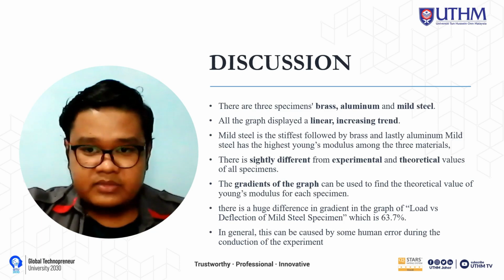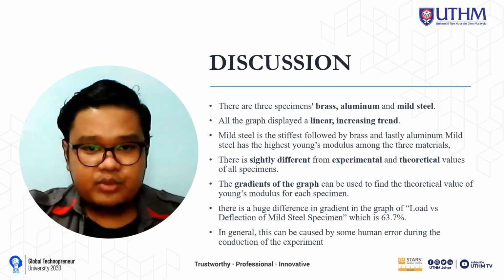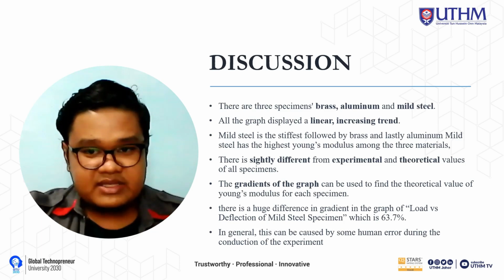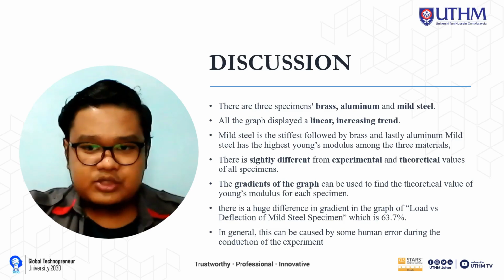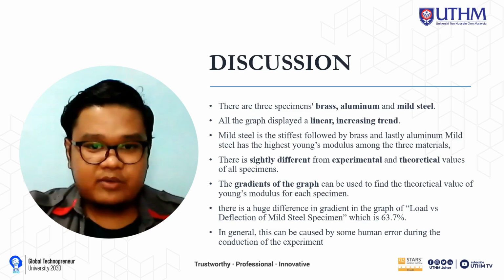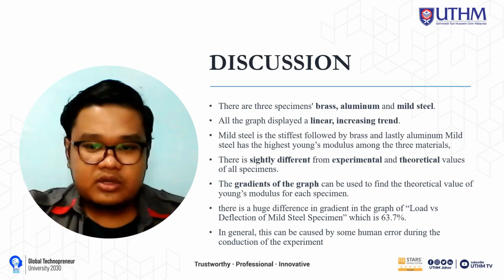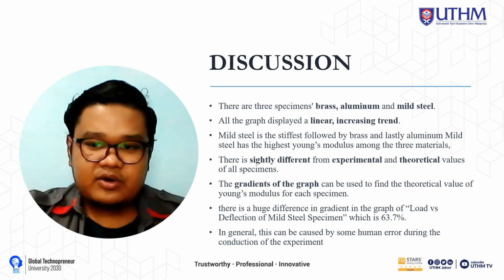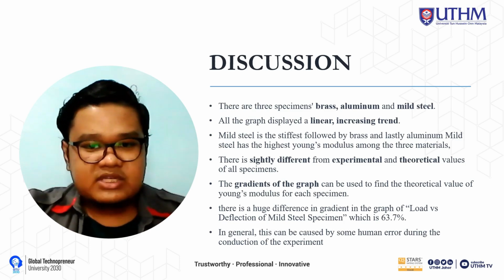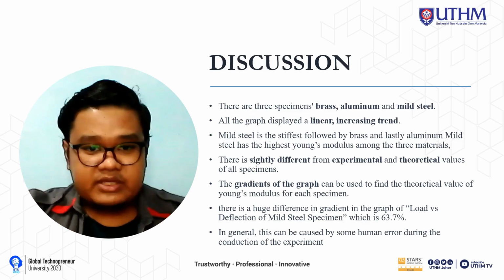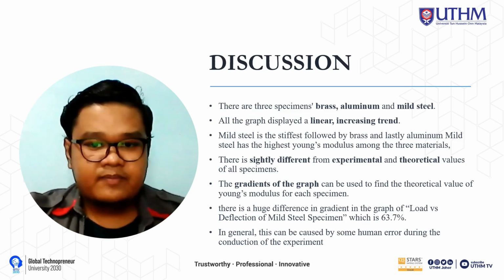In general, this can be caused by some human error during the experiment, such as making sure the beam was parallel by using the water level ruler. It could be possible that the load was not placed tight, or the load was not in the right position, as slight variance in placement may cause a great difference between the theoretical and experimental values